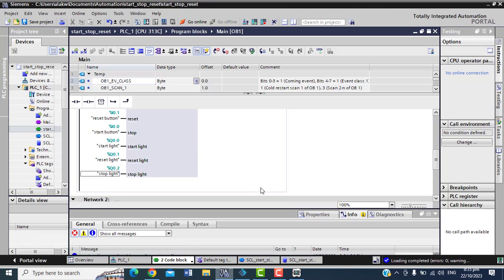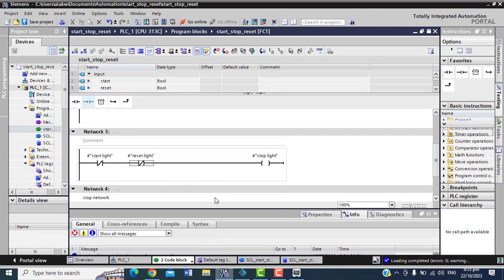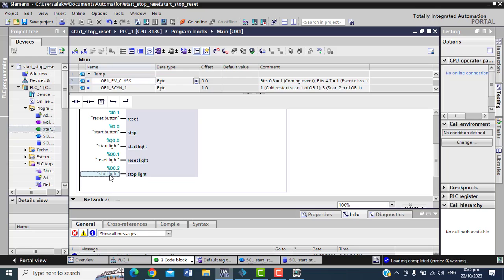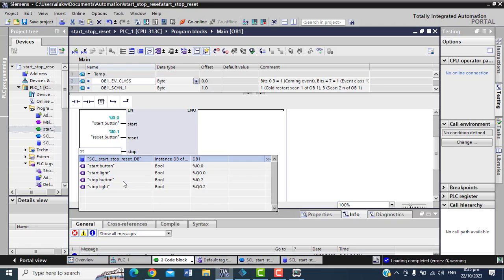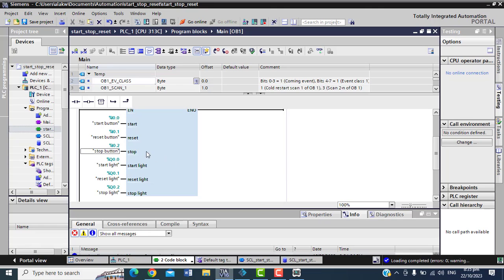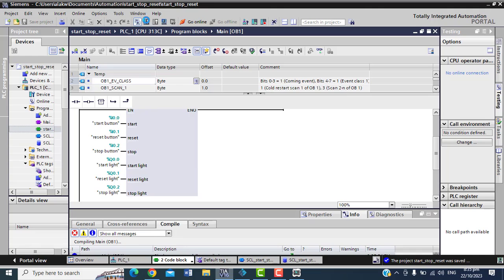So make I check, we go see. But first of all, make we see this one. We'll see stop light, reset light, start light, and then everything. Okay. Oh, see the start button. I go put start button here instead of stop button. So that be the problem. Right? So this one has stop button, so that one has stop button there.